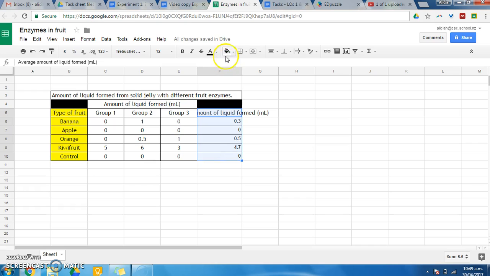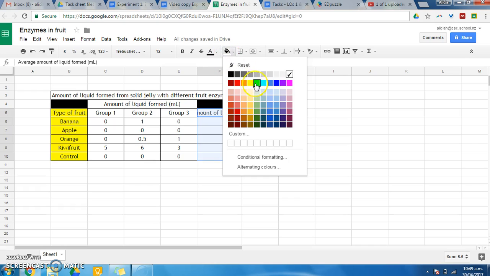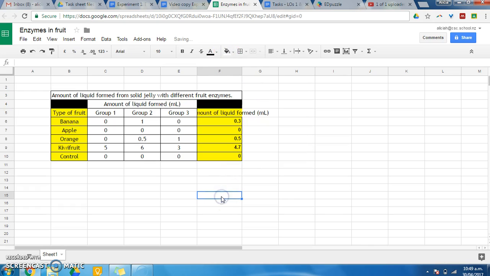Okay, the only columns that we're now interested in for our graph are, we'll highlight it, this column, the types of fruit, so our independent variable, and our averages, the average amount of liquid formed. What we now need to do is take that information and turn it into a different type of table. So we'll write type of fruit here,